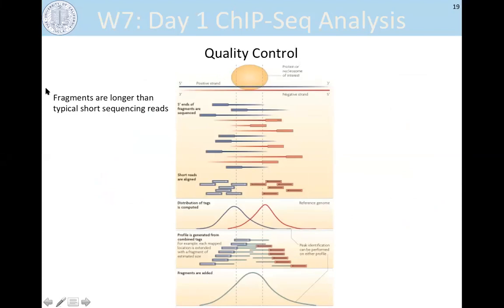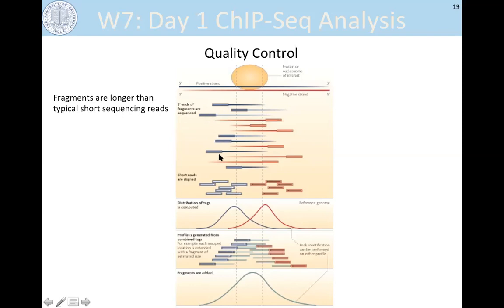Typically you do short sequencing reads on the ends of your fragments. While your fragments following sonication and library preparation are usually hundreds of base pairs, if you're doing 50 base pair reads when you submit these libraries for sequencing, you're typically sequencing the ends of these fragments. If you're doing paired end sequencing, you know the exact fragment length, but if you're doing single end sequencing, which is all you need for ChIP-Seq, what you'll get is a